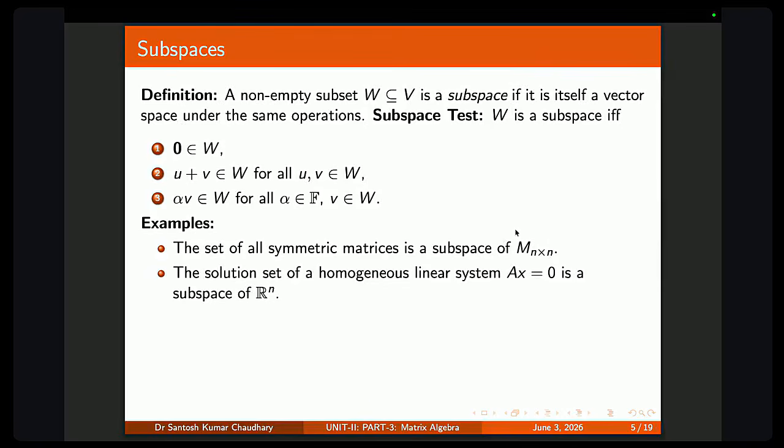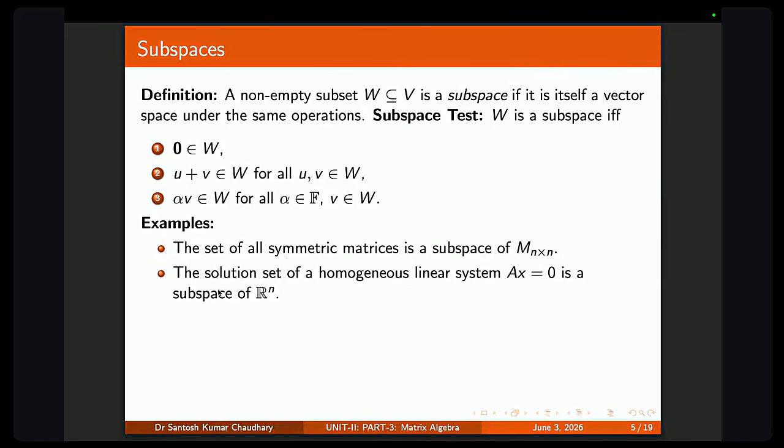So earlier we have taken M n cross n. This M n cross n is a vector space of the set of all n cross n matrices, and the set of all symmetric matrices is a subset of M n cross n. So this will be a subspace of this. M n cross n is V actually, and W is the set of all symmetric matrices. Then again, V was Rn. So when you take capital V as Rn,